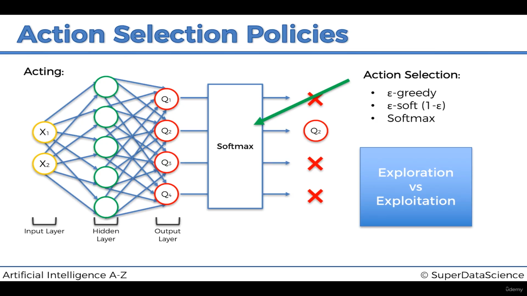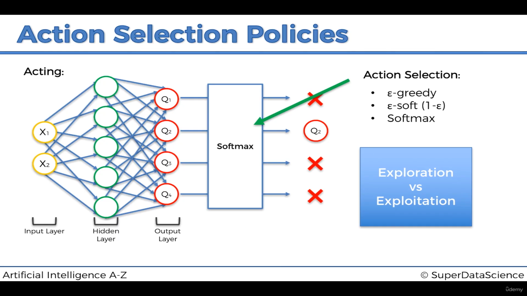Through its initial exploration, it might find that this is a pretty cool action. Like, I'm going to go right here, and that's a pretty cool action. But the problem is that it thinks it's the best action simply because it hasn't explored. It's explored going up, it's explored going left, it's explored going right, but it hasn't explored going down from that specific state that it's in.